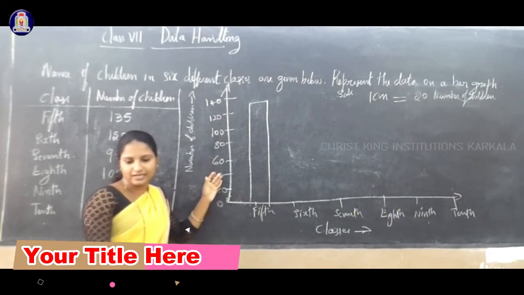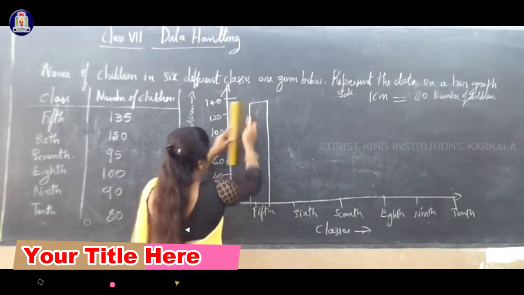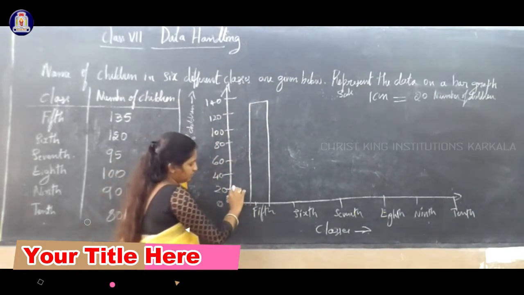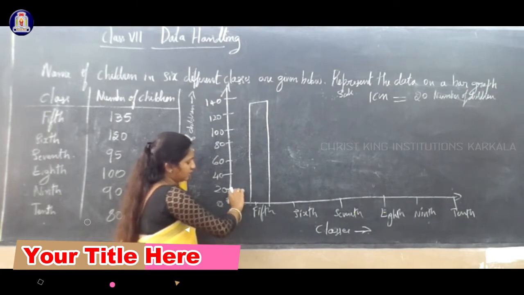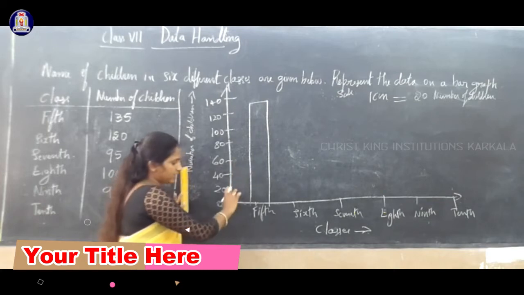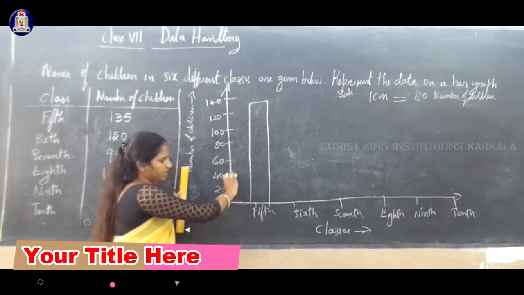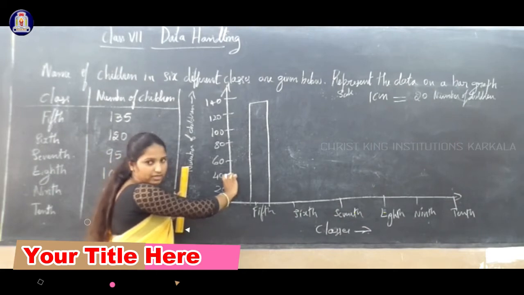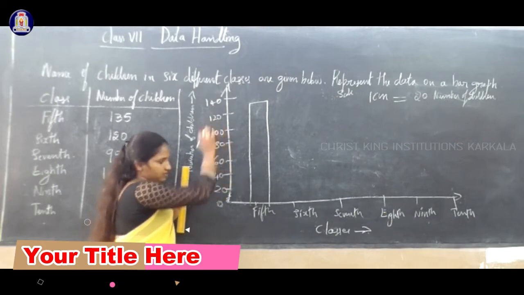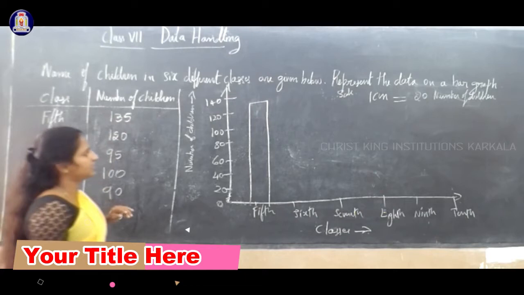So here I am drawing a rough diagram. You use scale and pencil. Here I am not taking the correct exact measurement, so you must draw exact. You take the correct centimeter. Means 1 centimeter is 20, again 1 centimeter is 40. Or else you can consider 2 centimeters. Each number you can keep a distance of 2 centimeters. Clear? So 20 to 40 you can keep 2 centimeters. So like this. Okay. So next, first it is given 5th, 135.